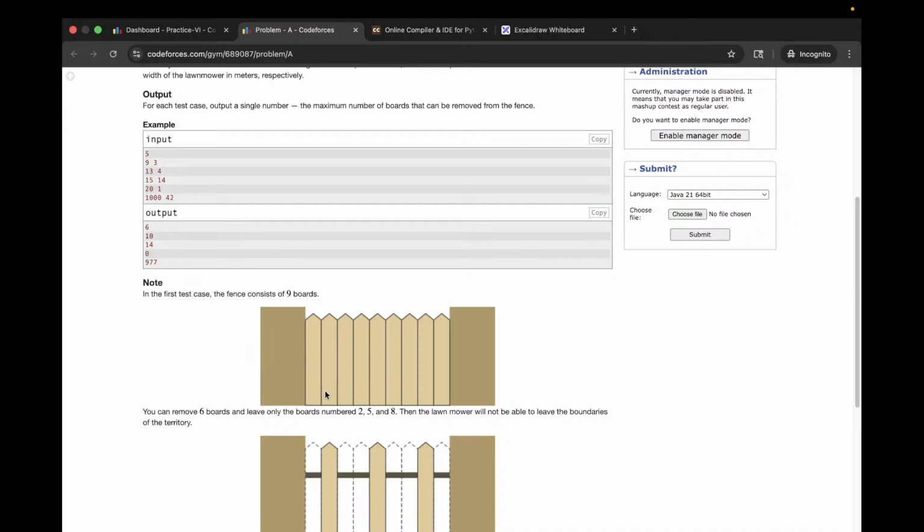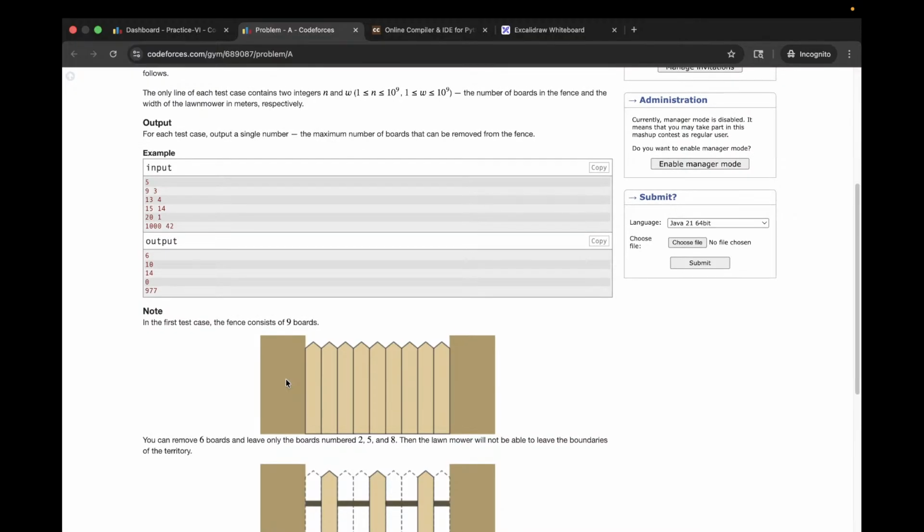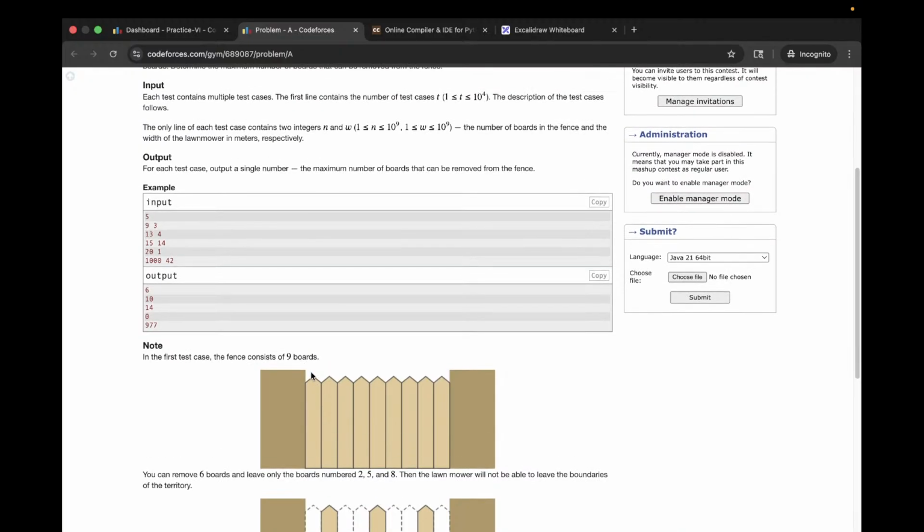Looking at the example, there are 9 boards. And the width is